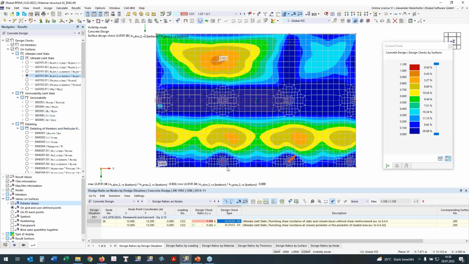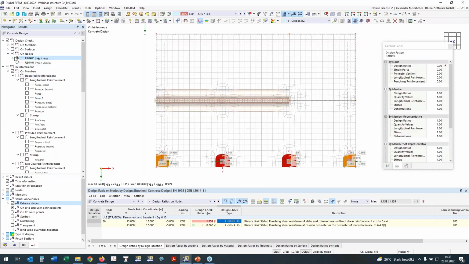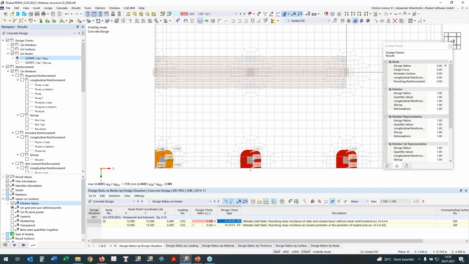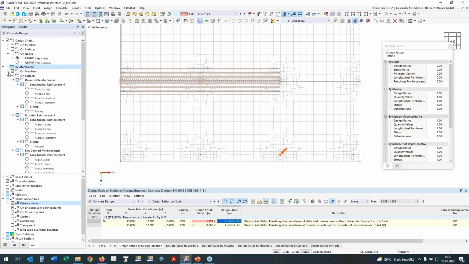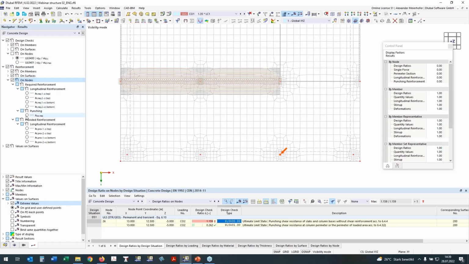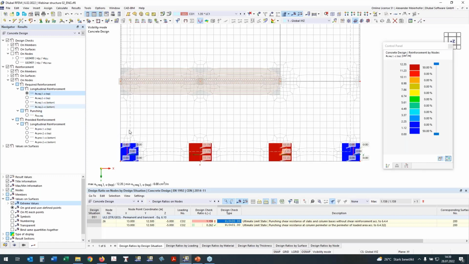The punching proof of these nodes is now shown in the register in the tree for nodes. And if we activate the nodes and RDC here, we see the corner columns can be designed, but the columns in the center are overloaded, and we need more reinforcement here. To work with it, I will go now to the reinforcement and take a look also at the nodes and show if we need a required punching force. And here we see for the required punching force, we need 0,